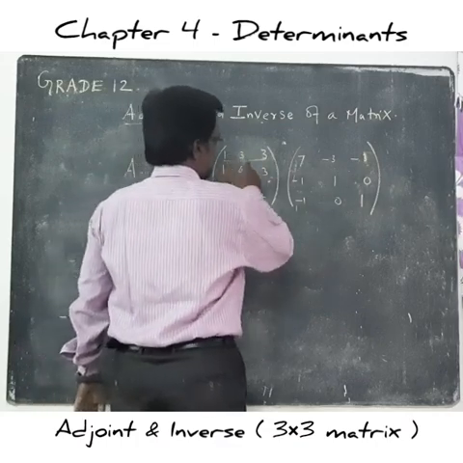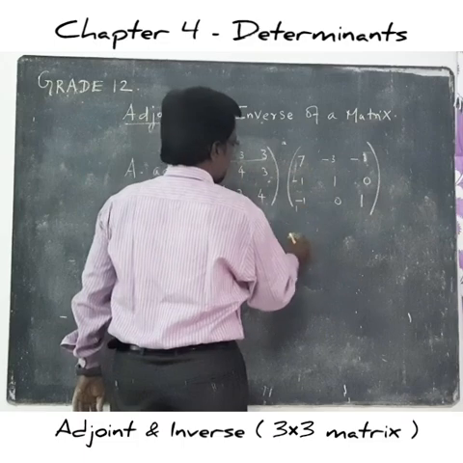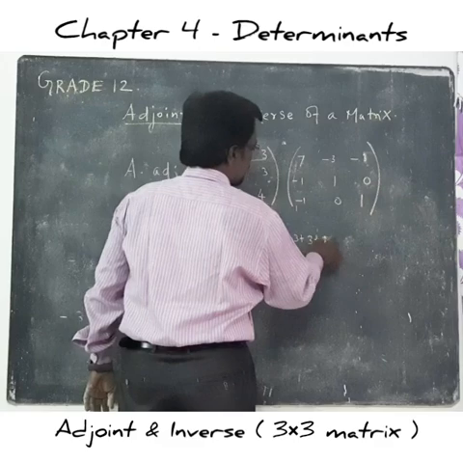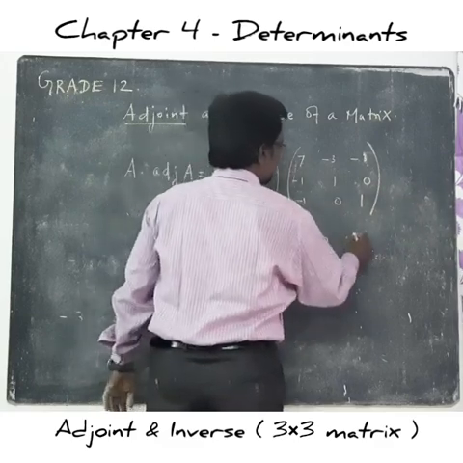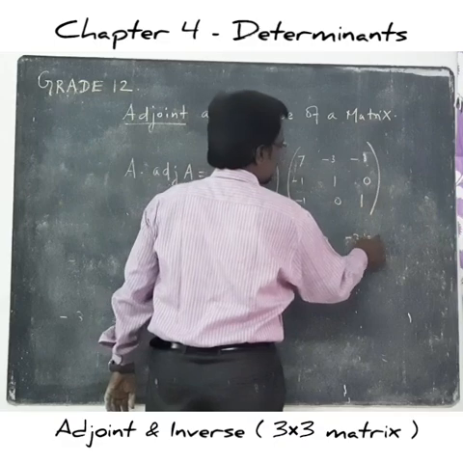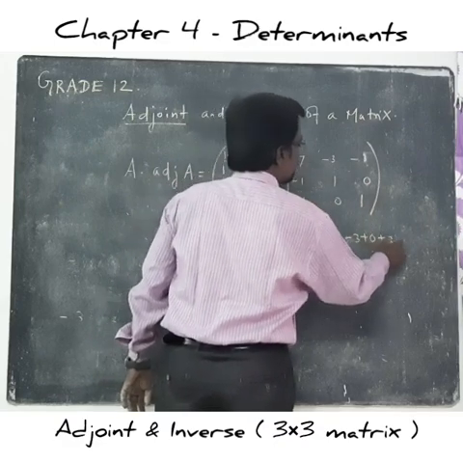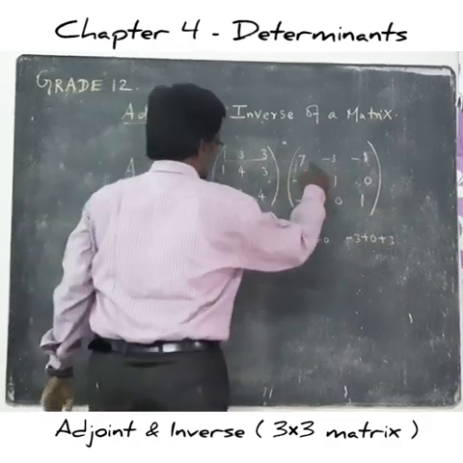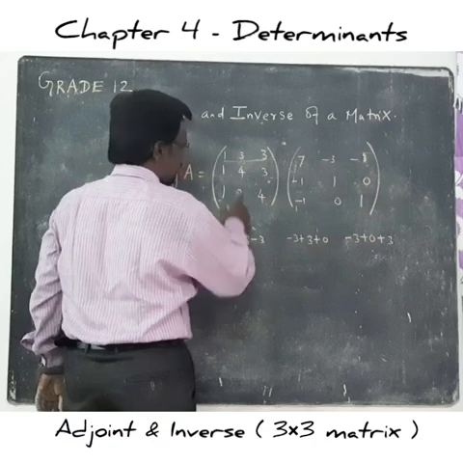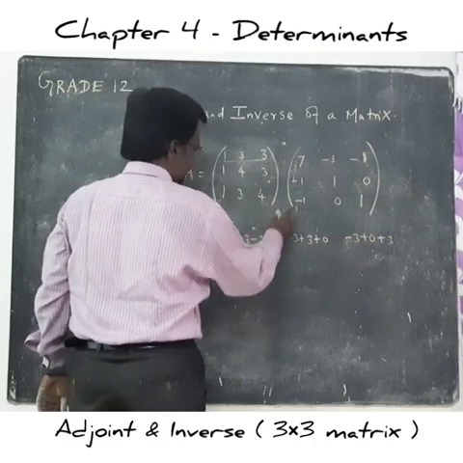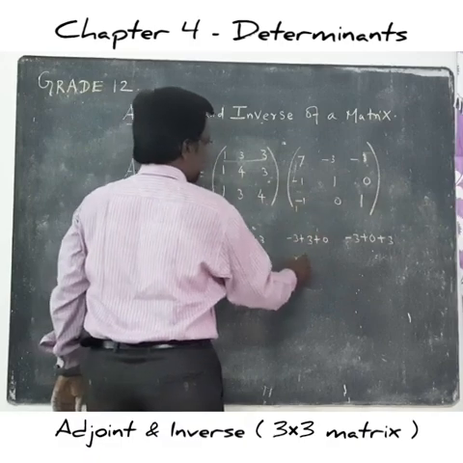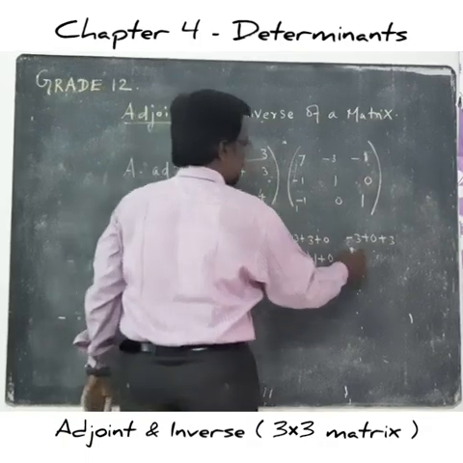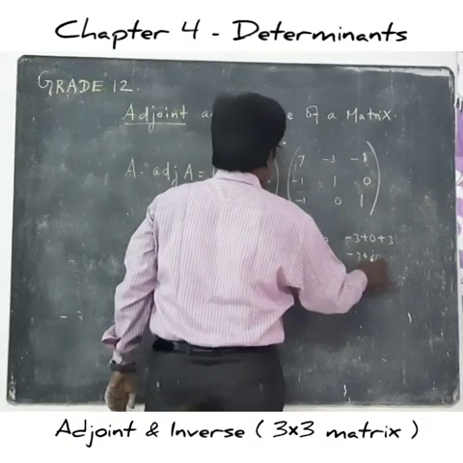Similarly, you have to multiply the first row with the second column, that is 1 into minus 3, 3 into 1, 3 into 0. Okay? Then 1 into minus 3, 3 into 0, 3 into 1. Right? Similarly, the second row with all the columns of the second matrix. So 1 into 7, 4 into minus 1, 3 into minus 1, 1 into minus 3, 4 into 1, 3 into 0, 1 into minus 3, 4 into 0, 3 into 1.